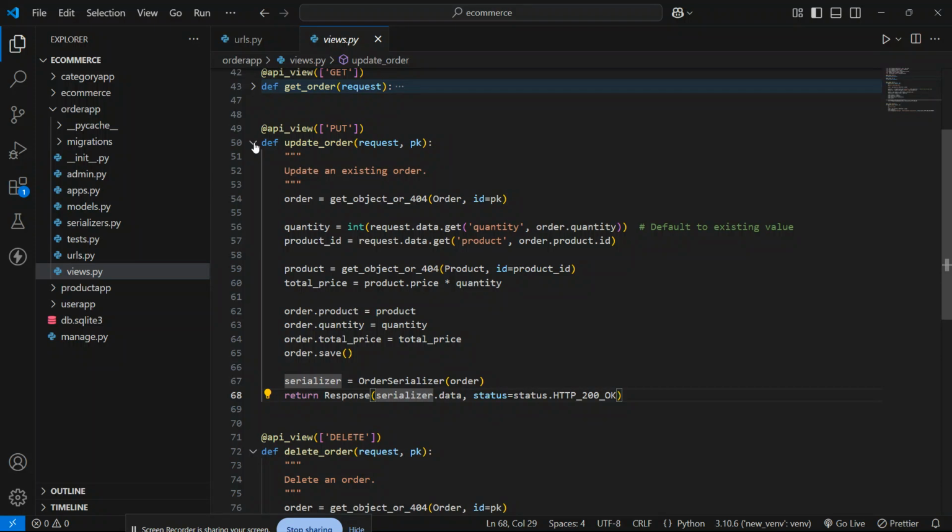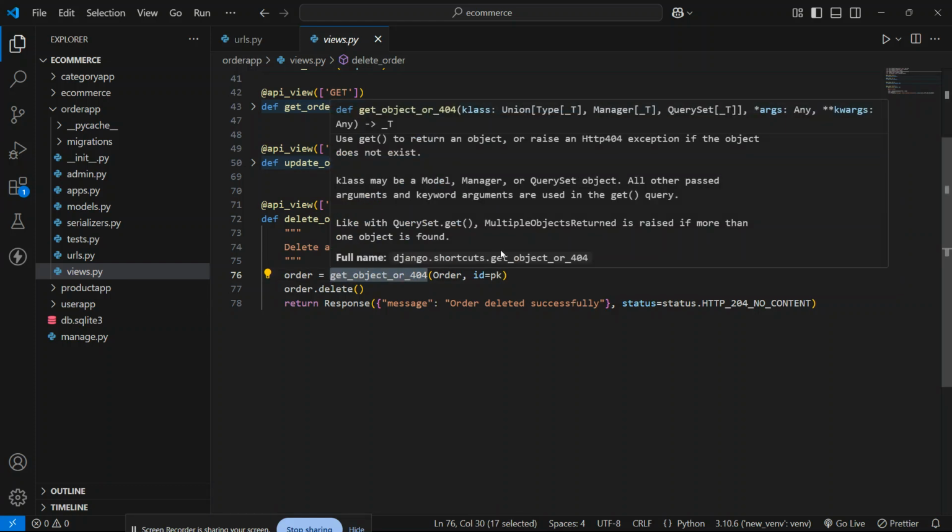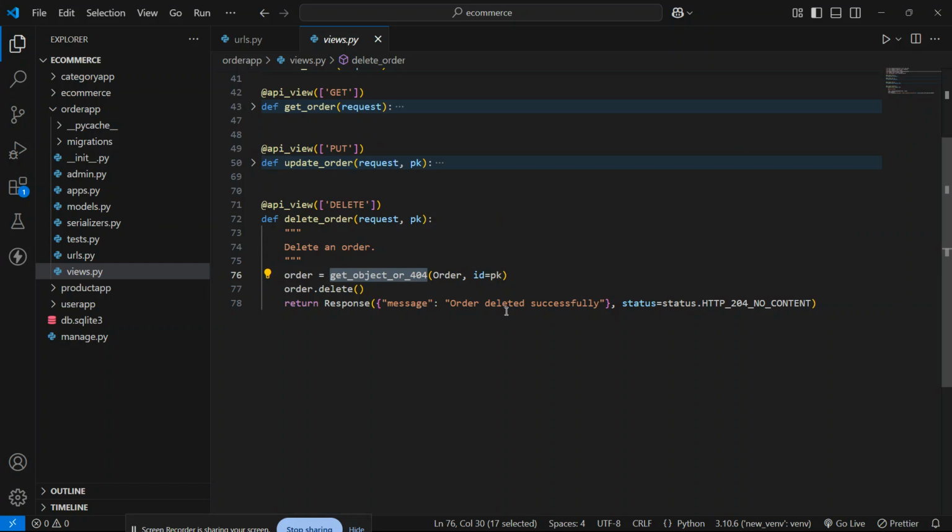So this is all about the update order and delete order. Again we have to use this get_object_or_404. By this we take all the details of that ID which is passed by the user.